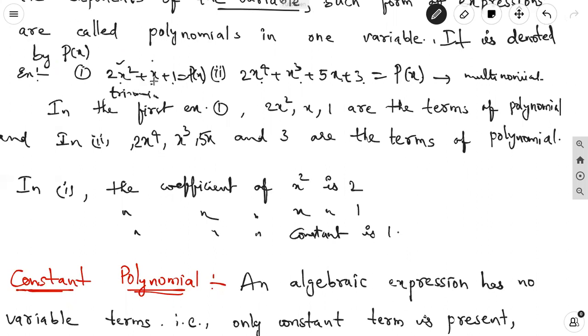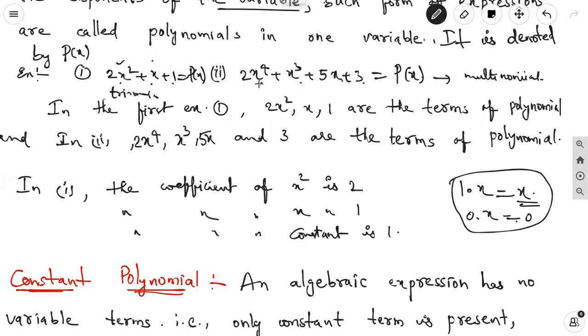That is 2. What is the coefficient of x? Here x is nothing but, just you can clear it, 1 into x is x. So if in the expression x is present, that means the coefficient is 1. But 0 into x equal to 0. Just you concentrate on this thing. 1 into x equal to x means if only x to the power of something is there, that means the coefficient is 1 only.